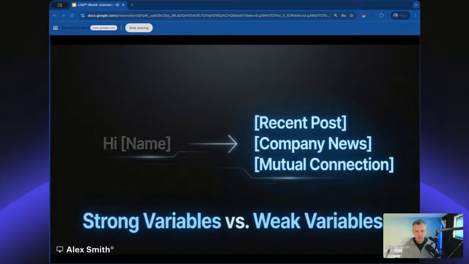So a lot of automation tools these days can pull in basic variables. There are things like Clay out there. They're quite expensive if you go in with all-in plans and you want to be doing it at scale. But with our tool at Leadeth, we do this using that AI hook helper, and that's doing it on demand.